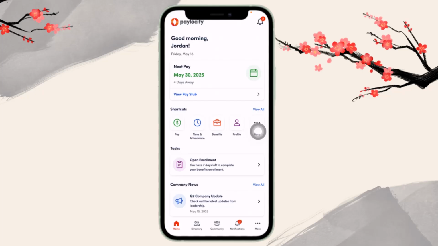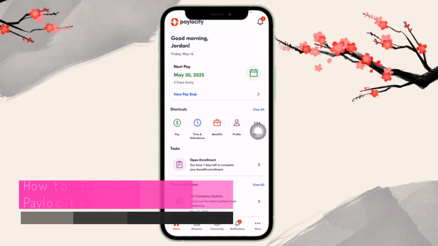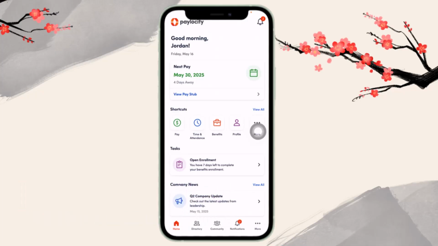So in today's video, I'll show you how to find your company ID in Paylocity. If you're signing in for the first time or setting up the app, then just follow along. Your company ID is usually provided by your employer during onboarding. And if you already have access to Paylocity, you may also find it in your login screen or within your